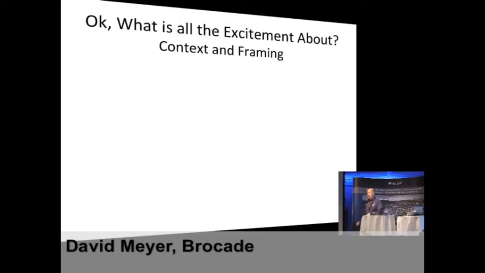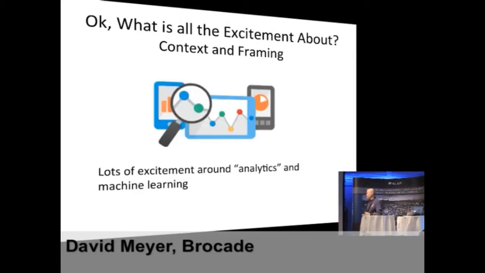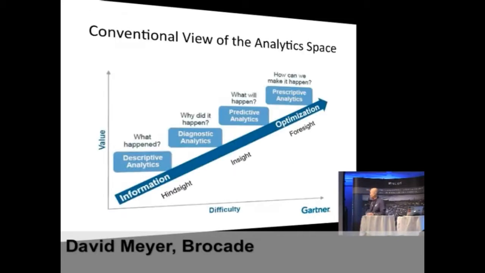So what's all this about? Well, I don't know about you, but I see a lot of excitement around what's called analytics, but I don't know what analytics are. And a lot of excitement about machine learning. So what's analytics? I saw this chart. This was some Gartner something. It kind of does tell you a little bit about what's going on, which basically means that what you really want to do is work over here, where you can predict the future. That's the real magic of machine learning. You can predict the future a little bit, and that's what we're trying to do.